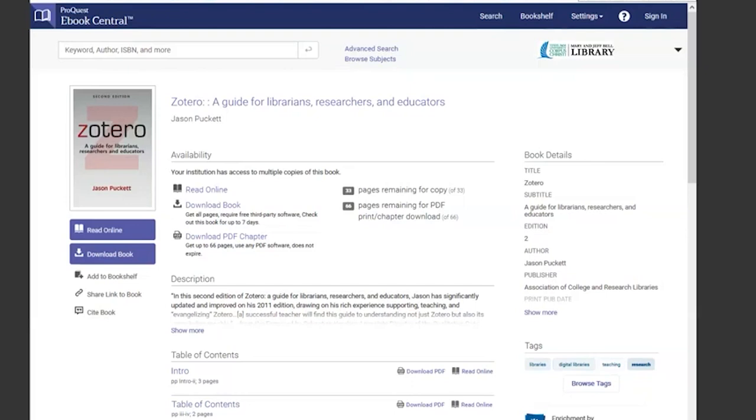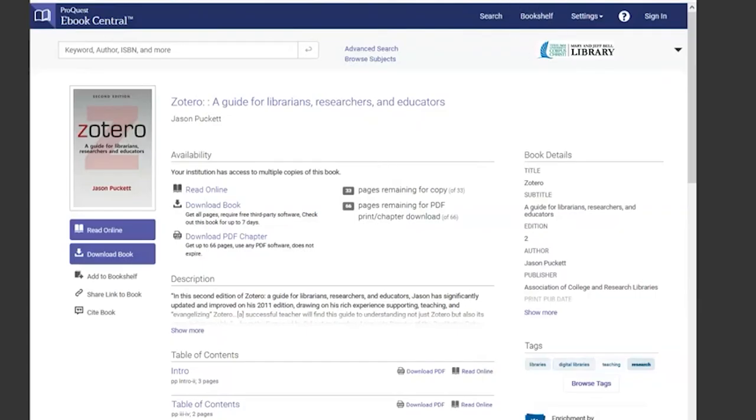So Zotero is actually pretty smart about that too. It's able to distinguish a book from an article as well, which is helpful because, of course, when you're building a bibliography, books and articles are cited differently. So being able to identify the type of material and do that accurately is really important. And so I could decide, let me go back to my results list and see if I can,